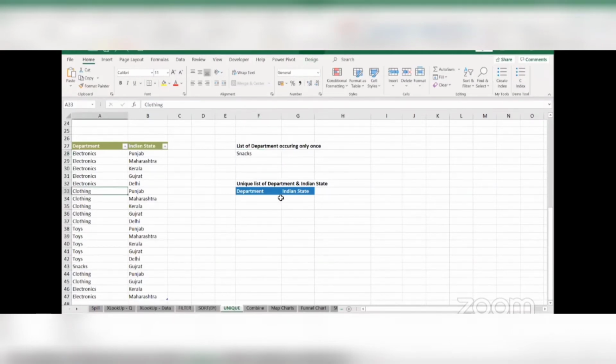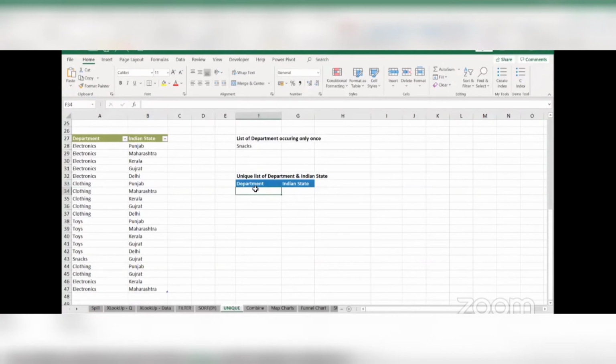All right. Now, coming to the next and the final example for UNIQUE. Here we have the unique list of departments and Indian states. Notice how I'm not having only department and then only Indian state. I'm having the combination of department and the Indian state. So I'm having 2 things at the same time.